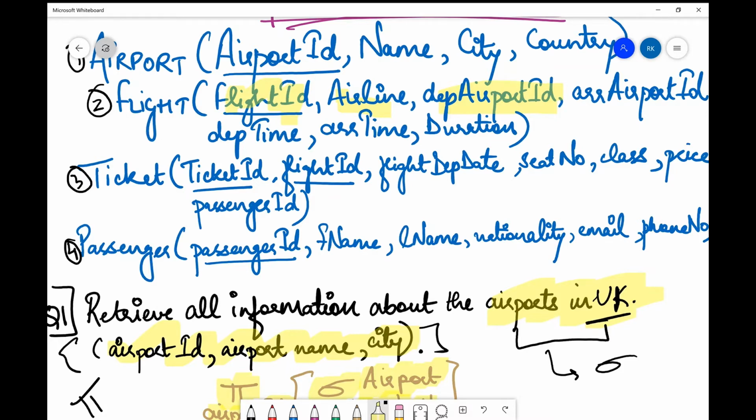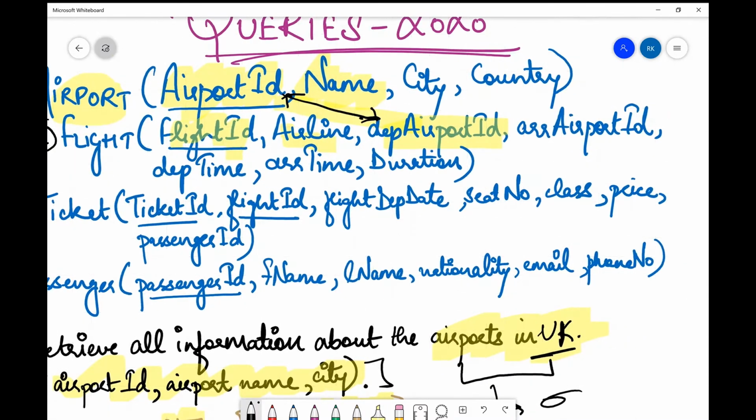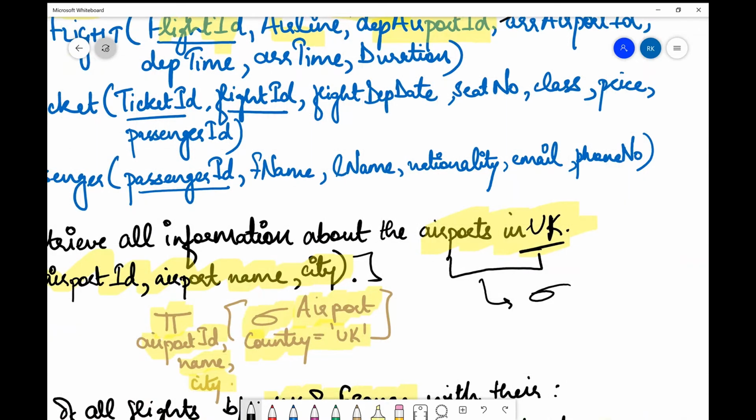So I'll also need the airport table because it contains the airport name. From the airport ID, I can link both of these to get the departure airport name. Similarly, I can link the airport ID and the arrival airport ID to get the arrival airport name.